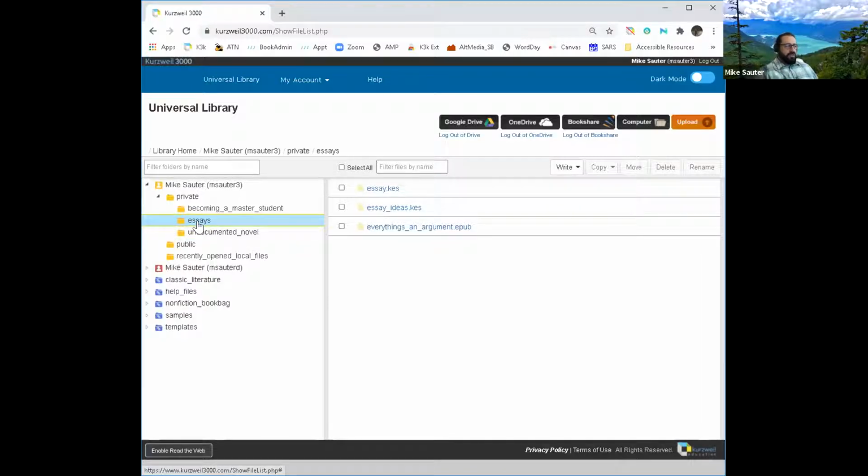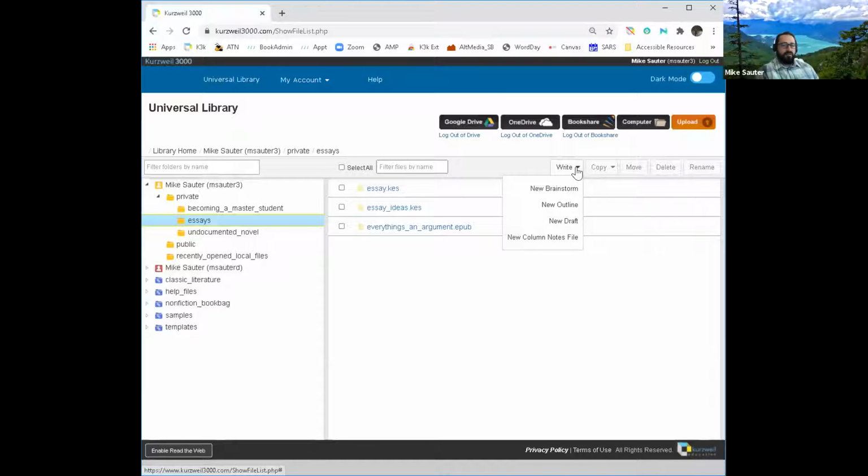So once I click into the folder that I am going to be using, let's say you created a new folder just for your writing documents. What you now see available to you, they're no longer grayed out, is this icon over here on the right called Write. Now, what this means is if I hover over the drop down, I can see the different types of writing documents that are available to me.